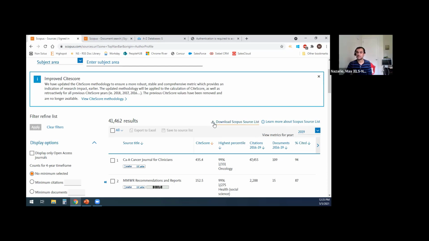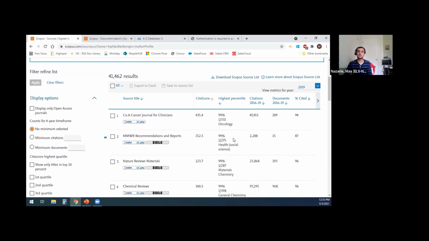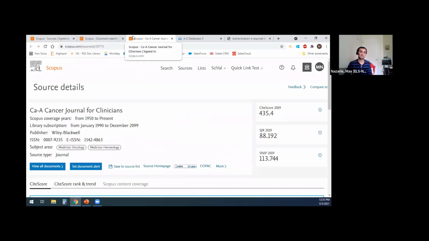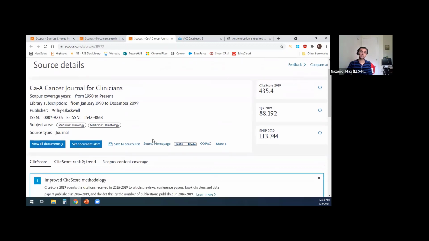So one of the ways that you can do that is by downloading the entirety of the Scopus source list, which you can do with this link over on the right. But another option, if you want to evaluate journals individually, is you can open up the source details page for that source. So in this case, this is a highly impactful oncology journal that we'll very briefly just go over here. When you're looking through this, this will give you information about the publication years, the coverage years for Scopus that are included in its index, as well as information about the